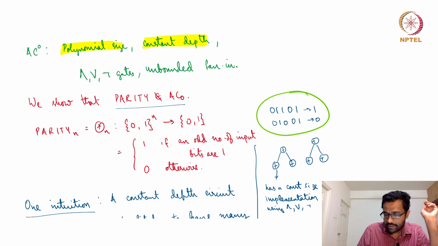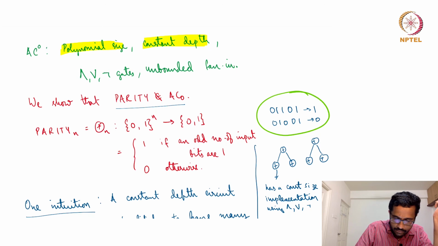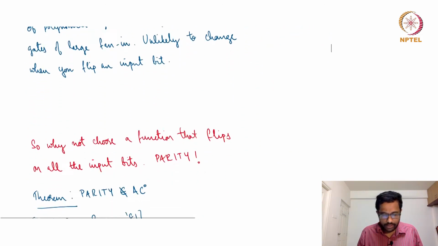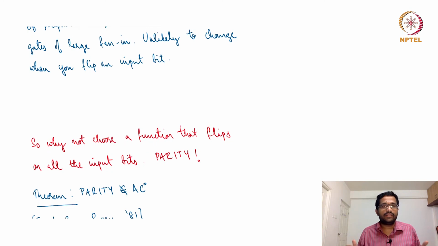I said two strings and the parity was 1 and 0. So just one input bit, when I flipped, the output flipped, and this is true for any input bit. If I had flipped the last bit, for instance, I would have got 0 1 1 0 0. Again the output flips, right? Because it depends on all the inputs, and it also flips when you flip any input. So that is one intuition as to why parity is unlikely to be in this kind of circuit with constant